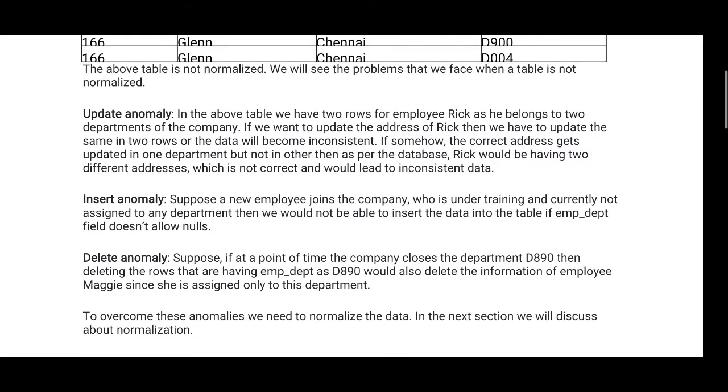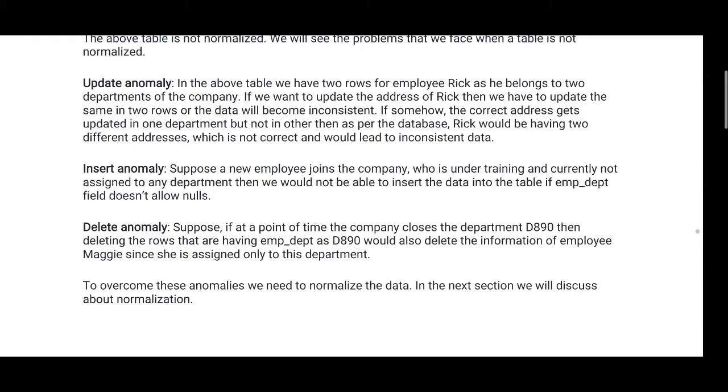Insertion anomaly: if a new employee is in training, the department is not assigned to him.